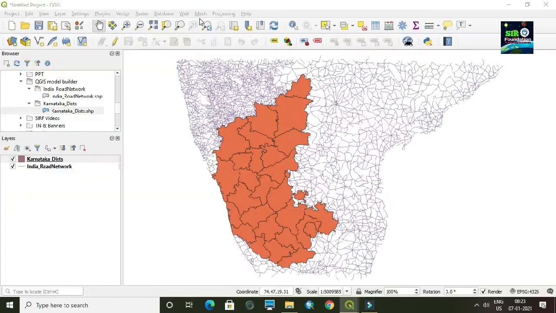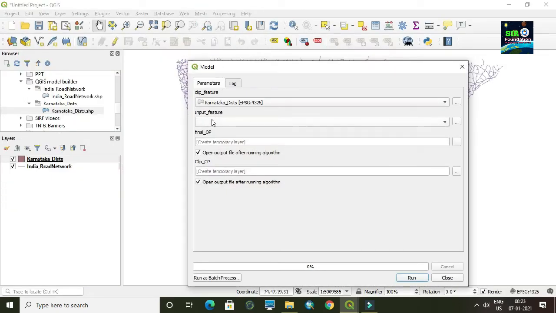So just run the model. Over here in this run window for the model builder, if you want to create a temporary layer, you can give the name for this final output and clip operation. But I don't want any temporary layer, so I'm keeping these two fields as they are.